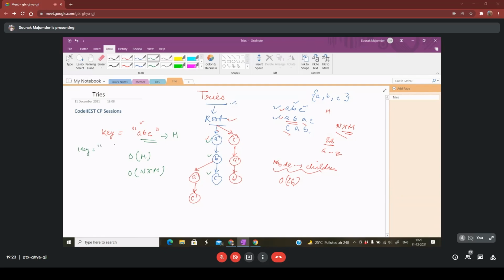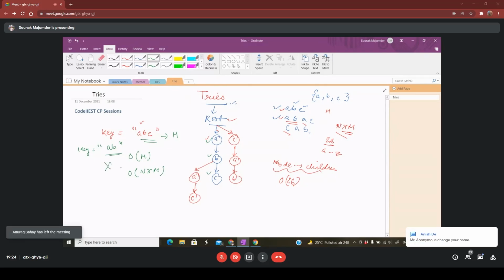Now we change the key to AB. Search if this string is present or not. From what we explained just 2 seconds before, we start from the root. We have an A, we have a B. So we have AB. Does that mean we have this string AB present? Obviously, the answer is no. But that is a wrong approach then.